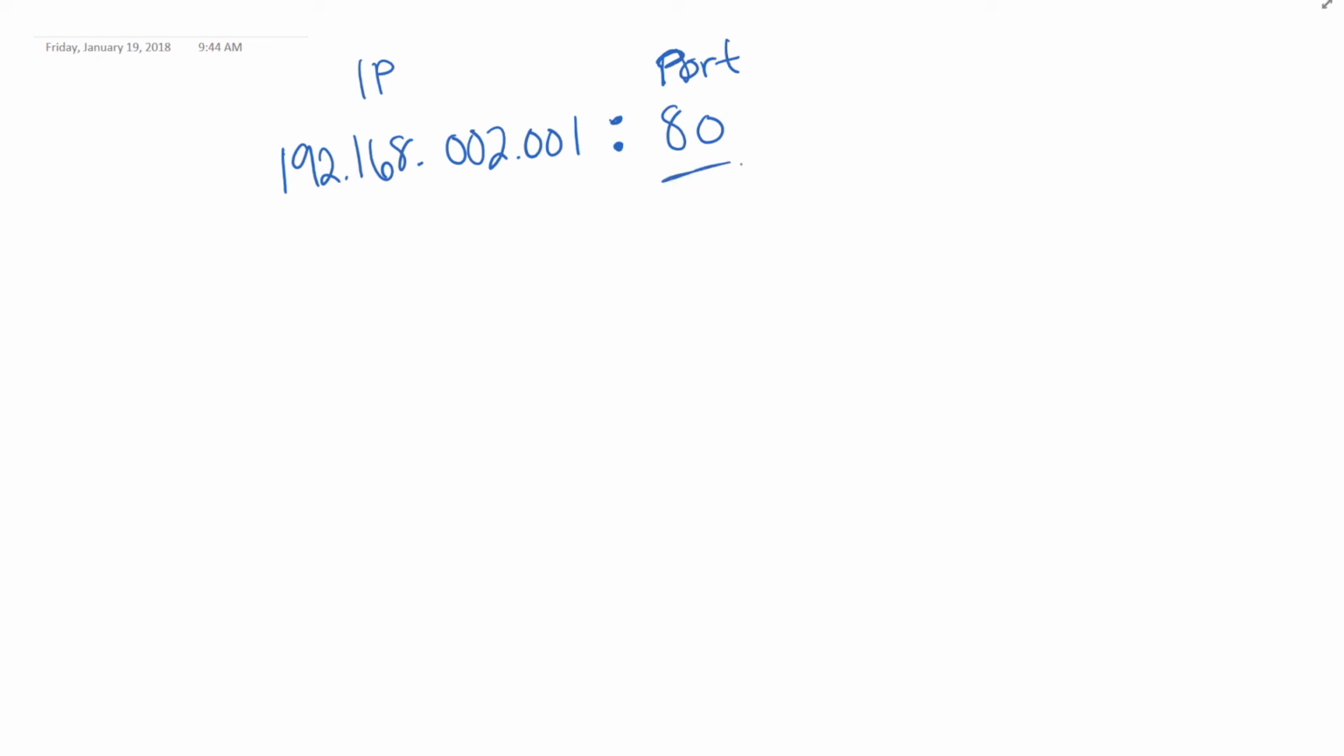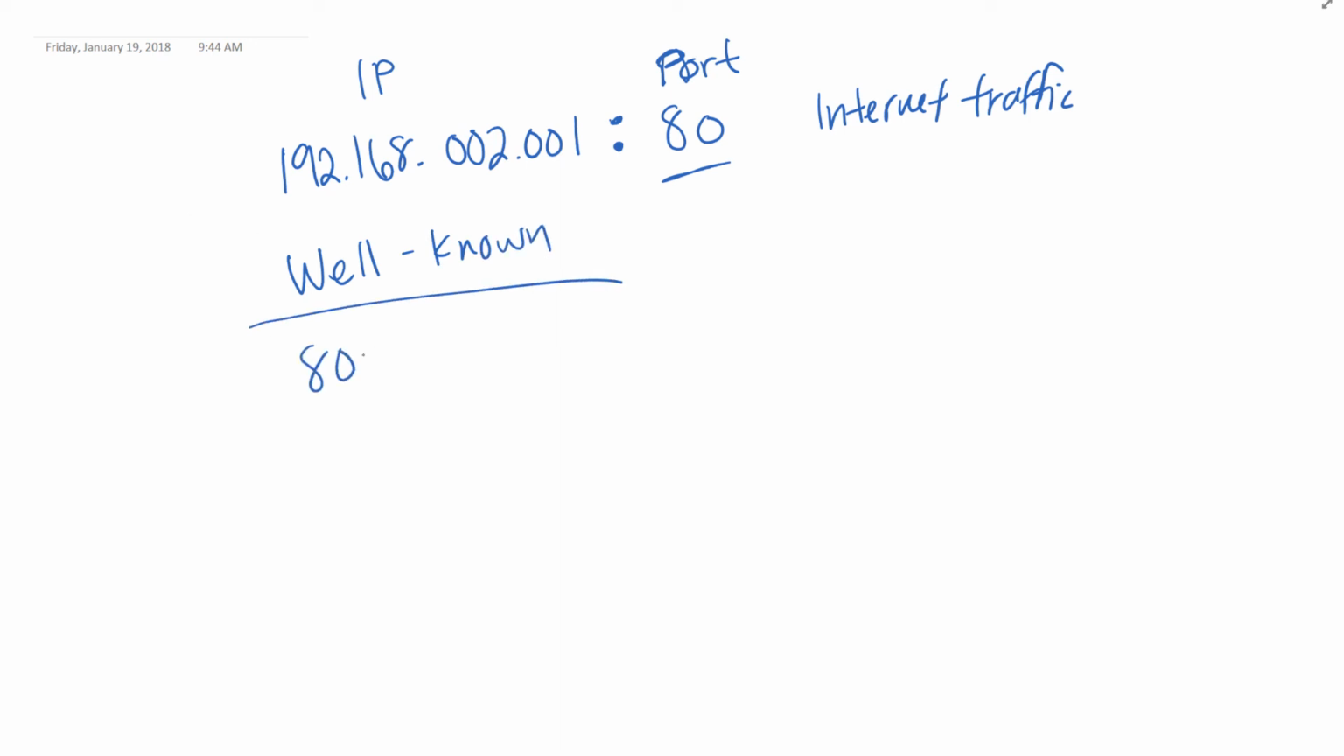Notice I put 80 here. Port 80 is the most used port. Port 80 is for internet traffic. And there are other well-known ports that we need to know about. So let's divide the ports here. We have well-known, 80 internet,